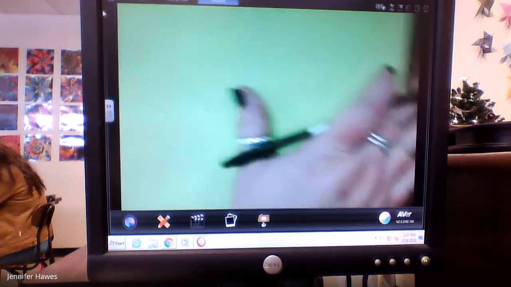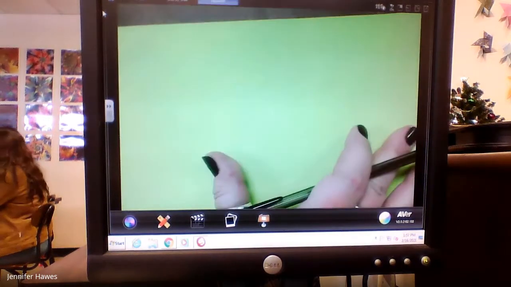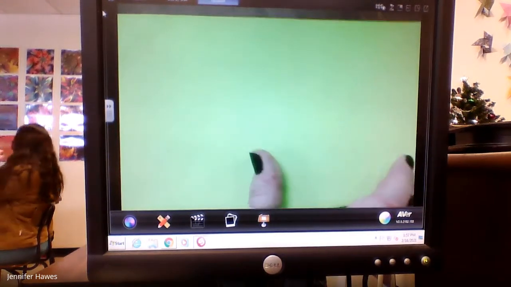But I want to kind of take it back. We've been doing a squared plus b squared equals c squared to find side lengths. And now I'm going to switch over to